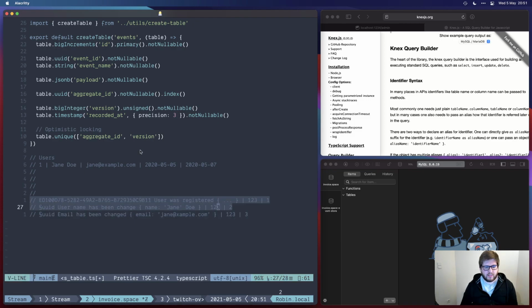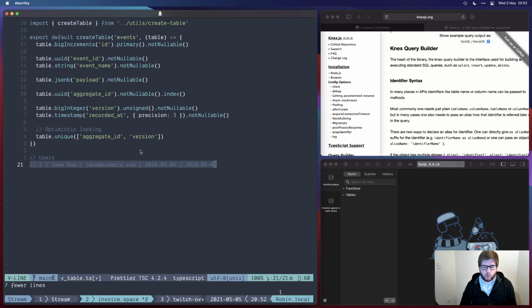Something cool about this is you can get some statistics. You can write a report. Let's imagine your boss comes to you and asks, can you give me all the users that changed their name between June and August of this year? Then you can write a report, run all these events through the system, and you get the report as if it was generated 10 years ago, or whenever you started writing these logs. If you don't use event sourcing and you don't have some form of history, if you want the same